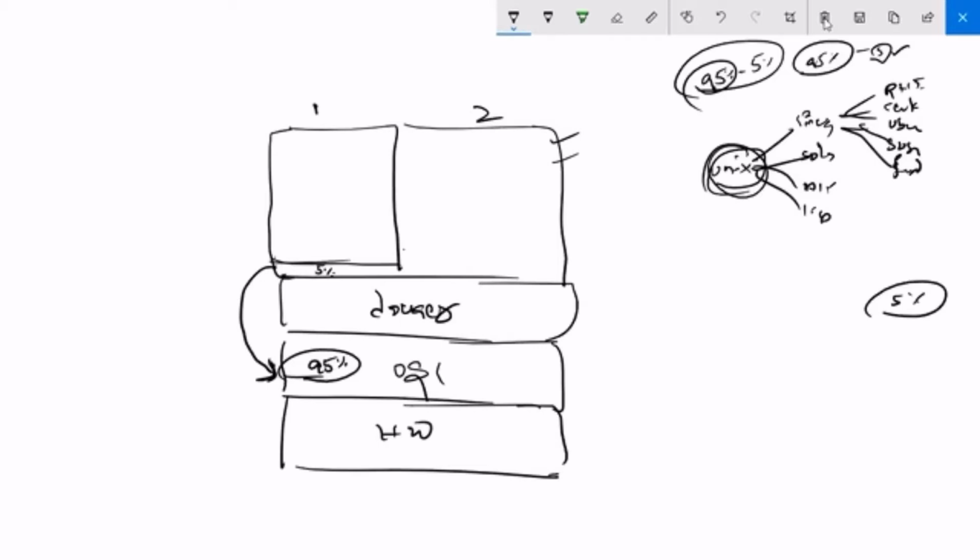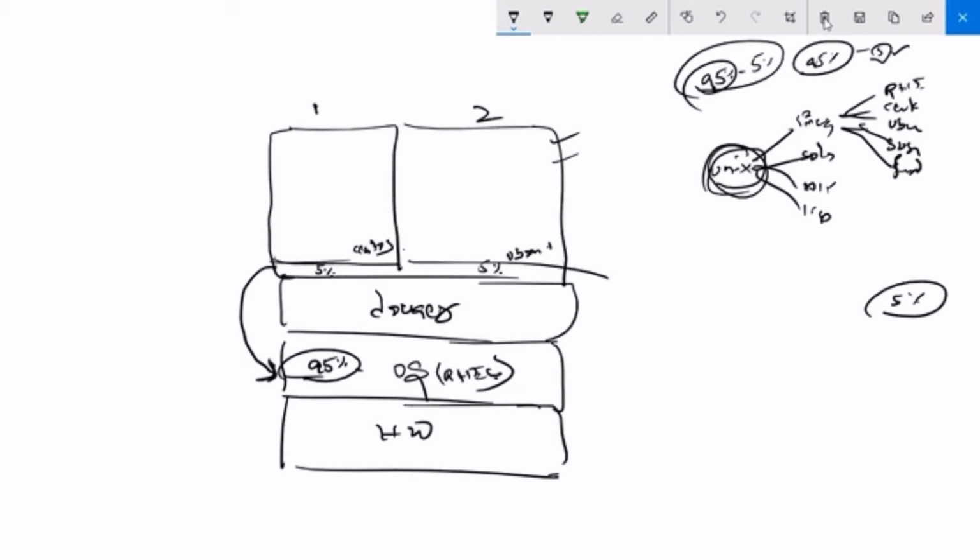For example, here you are using Red Hat Enterprise Linux, and here you want to use CentOS. The difference will be only 5%. The extra 95% will be taken from Red Hat Enterprise Linux. That means Unix is a 95% base OS, and CentOS means only the extra 5% features. So here we can take CentOS, here we can take Ubuntu, only that extra 5%. Got it? So this is what OS level virtualization is.